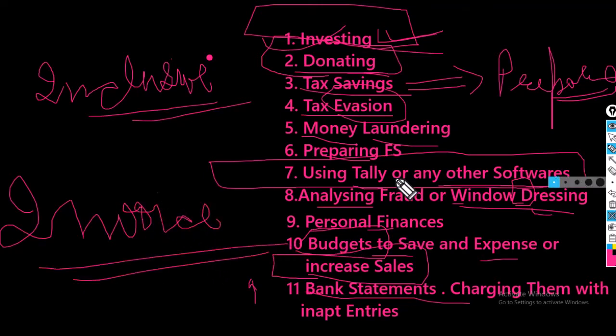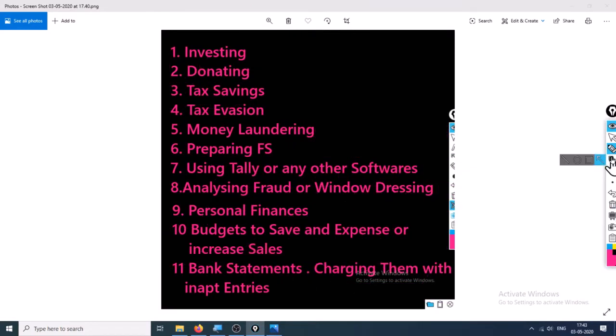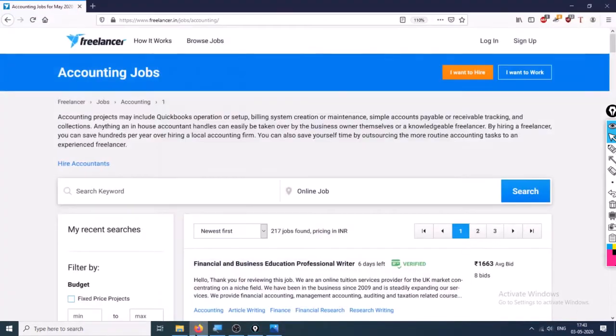So basically this is a super essential skill, and if you are not covered in any one of these, I'll tell you that you can log on to the internet and check out the various courses of accounting. Like, this is the freelancer website and there are tons and tons of courses. If you just write accounting, that is 217. And this is when we wrote accounting, not analyzing.